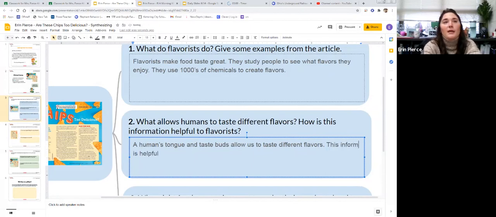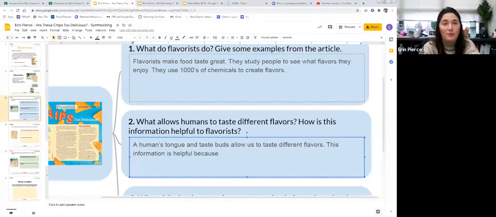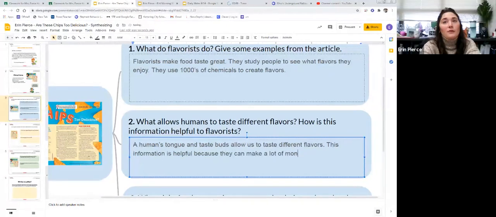This information is helpful because, can you tell me that second part? Because they can make a lot of money selling these products. Yep, because they can make a lot of money from selling